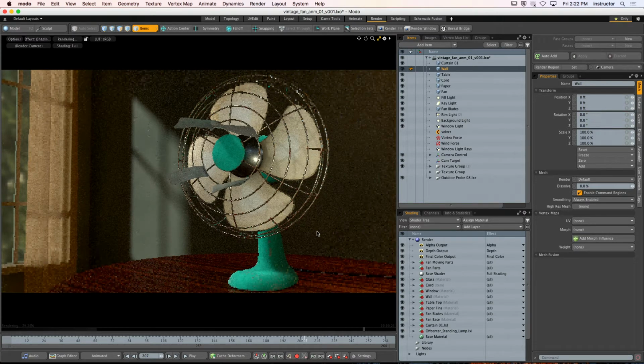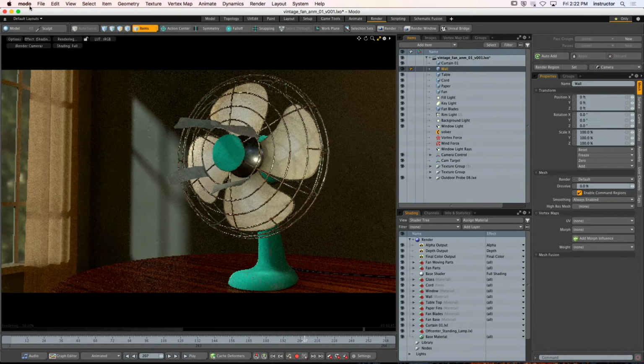We need to start thinking and viewing our scenes kind of like a traditional painter would. We're trying to extract and generate render layers that we then can composite in like After Effects or Premiere Pro or Final Cut Pro, any image editing application will do, that will help us generate the final look. We're going to come back to what the Moto render looks like here in a second. Let me show you